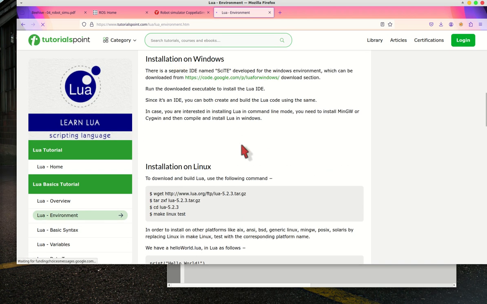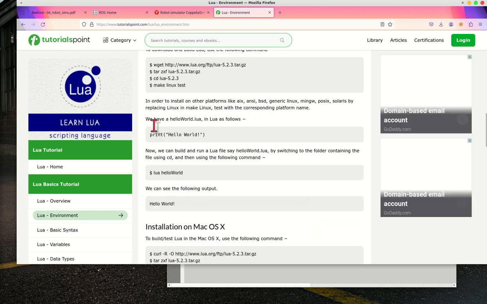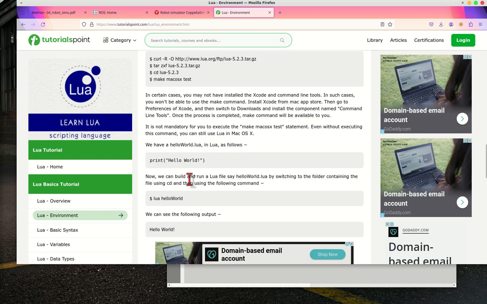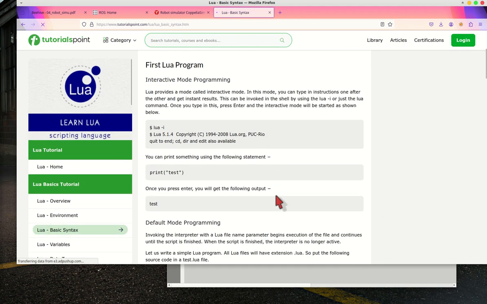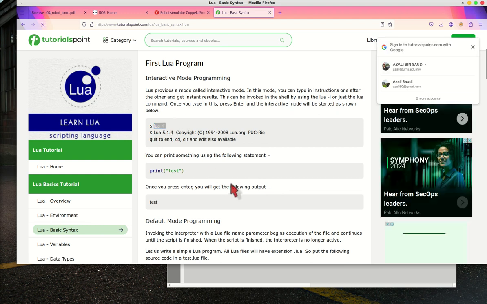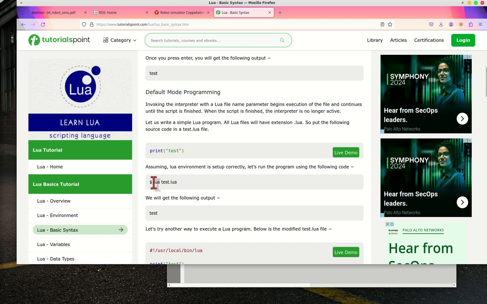There is support for Windows, Linux. This is how you write your Hello World. This is how you install it, depending on the IDE. Can be any IDE. For Lua, you can run the interactive version with lua -i, or you can run the program like this.